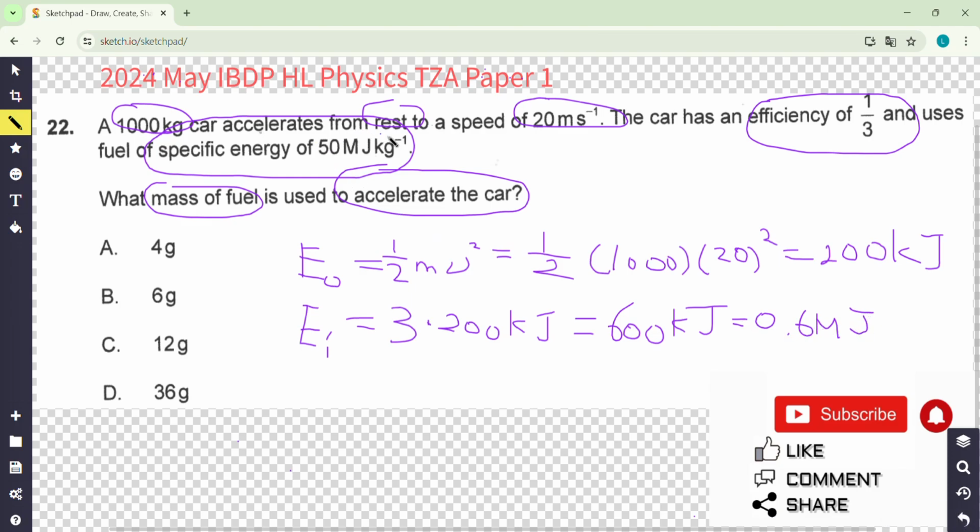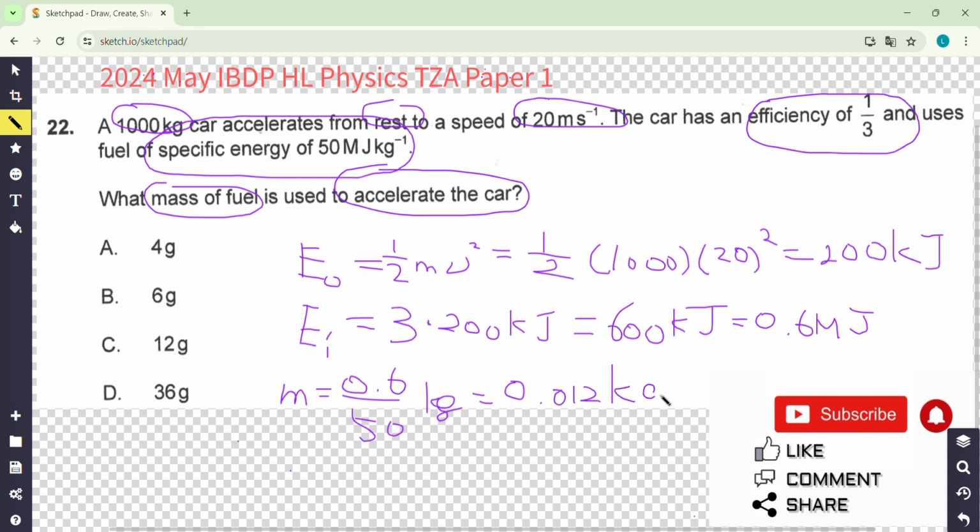50 mega for 1 kilogram. So how much is for 0.6 mega? So the mass in kilogram is 0.6 over 50. And this is in kilogram. And then you do it slowly, and then you get 0.012